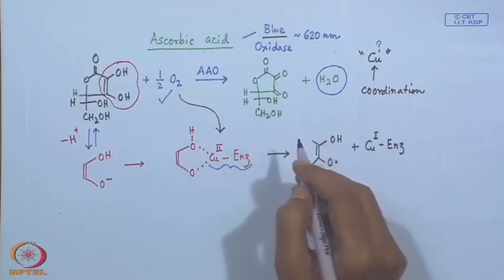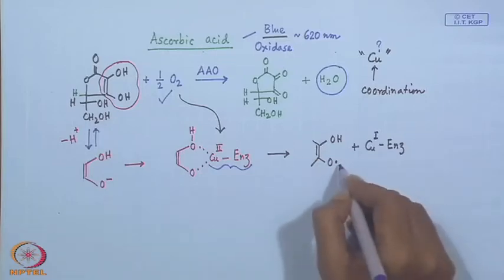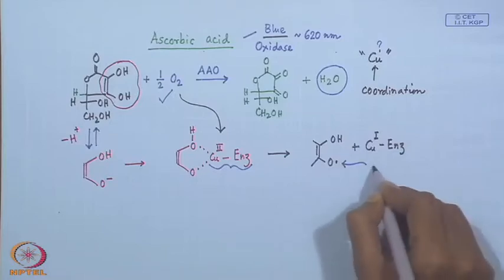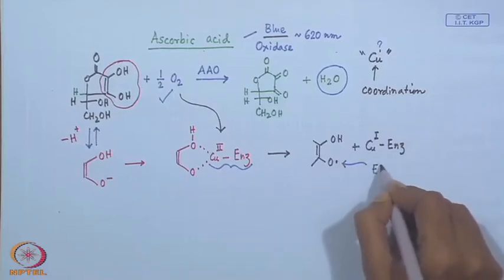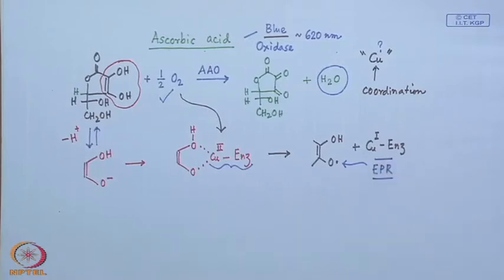So, depending upon that, in this entire reaction, the formation of this free radical can be proved if you record EPR. This particular technique is well known to us now, with galactose oxidase and all